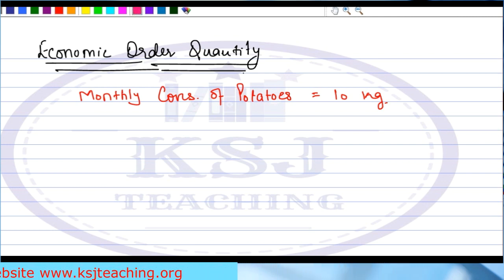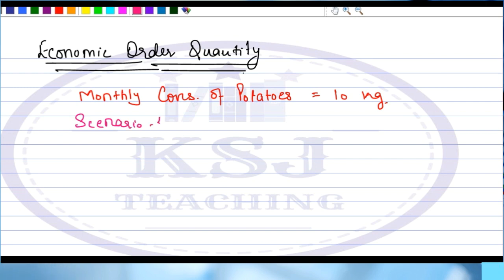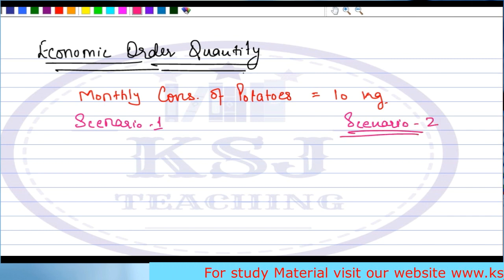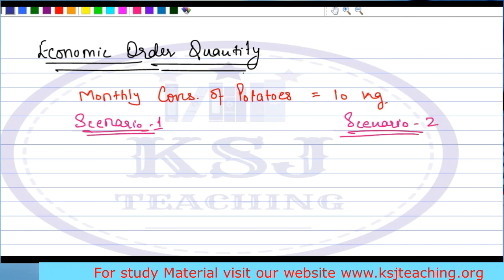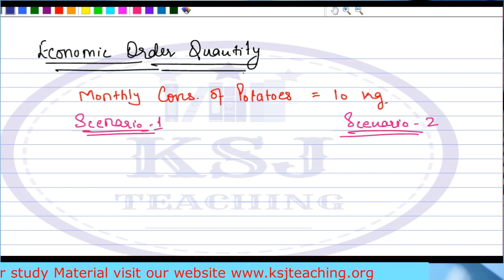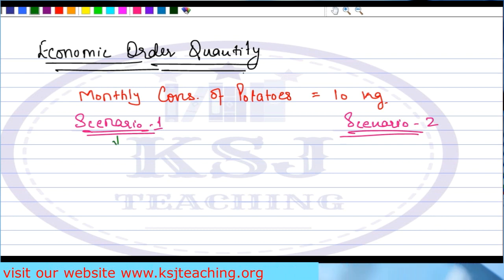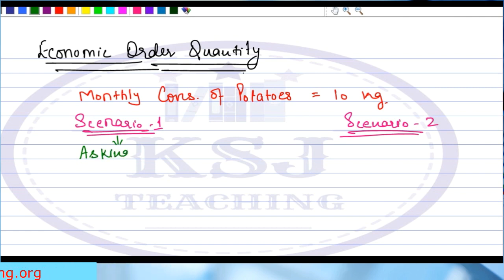This is scenario number 1, and this is scenario 2. Right? What is scenario number 1? Sir, in scenario number 1, what your mother is doing is, she is asking you or your father